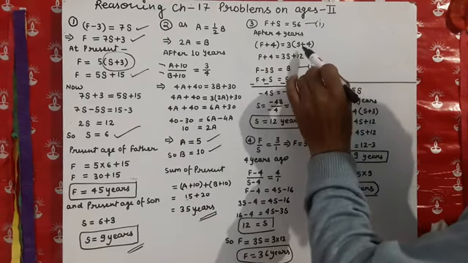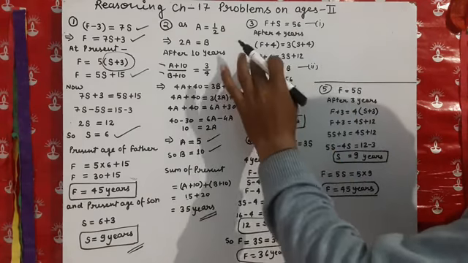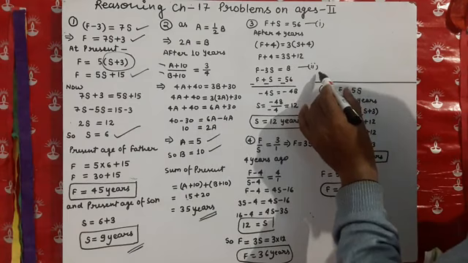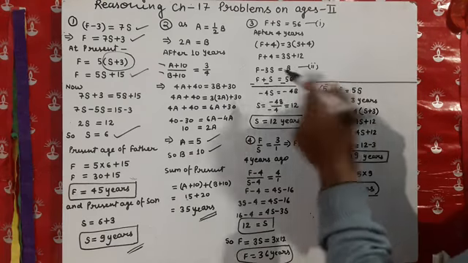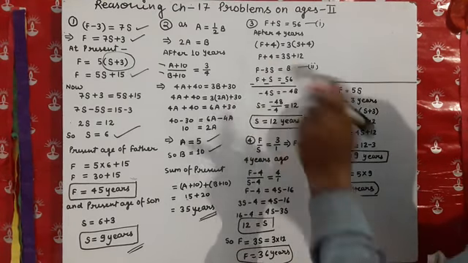father's age. So f plus 4 is equal to 3s plus 12, and now it becomes f minus 3s is equal to 12 minus 4, it becomes 8. This is equation first. Second, so now we are going to subtract equation first from this. So we have written equation first again, and minus shows that we are going to subtract. After subtraction we are getting that s is equal to 12 years.